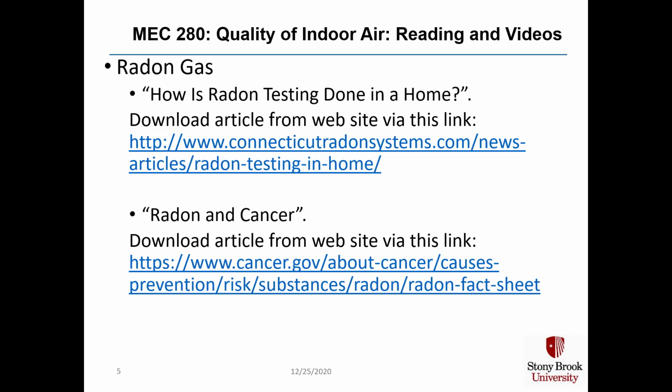Radon gas is a naturally emitted substance from uranium and rocks. Depending on where you live, that radon gas may be emitted from the rocks and seep up through the ground into the surface, and if you're really unlucky, it gets into your house. Typically not a big problem in apartment buildings, more in private homes, and private homes in rocky, mountainous, hilly areas tend to be the worst, but in reality, radon gas is found all around the country, and it is known to cause cancer.